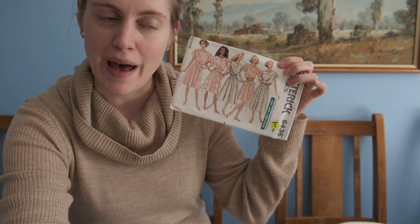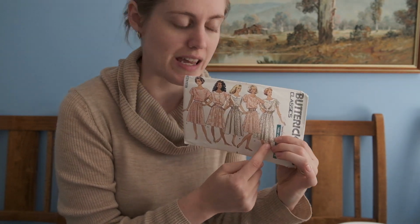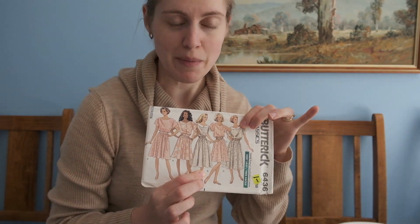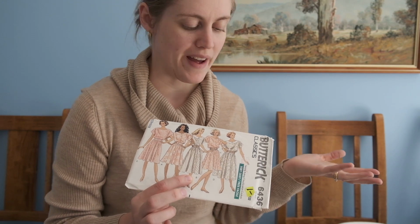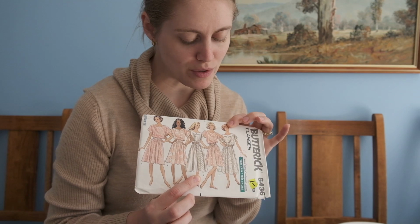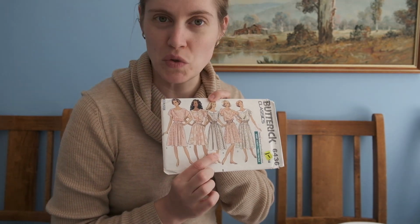According to this pattern, I am a size 14, and I was going to be doing the figure D, but what I didn't realise was that there were buttons at the back, and so I'm not really fond of buttons at the back. I think they're a bit awkward and they get in the way when you're sitting in chairs and stuff, so I don't find them very comfortable. So because of that, I have switched to view B,